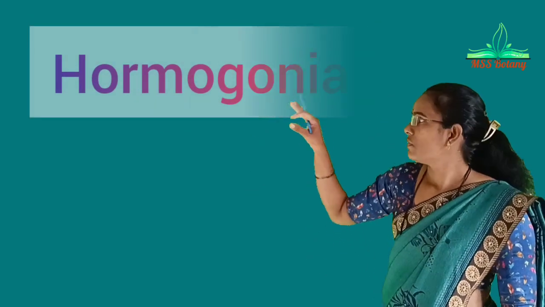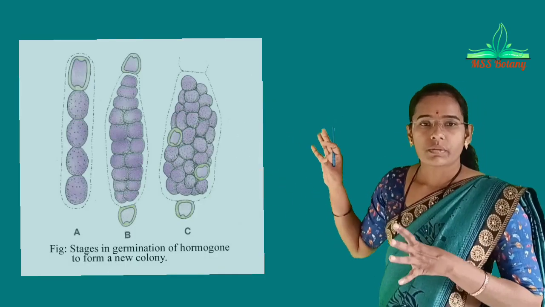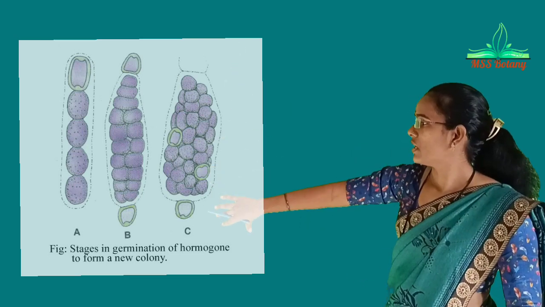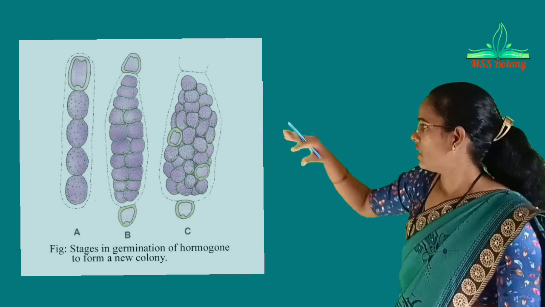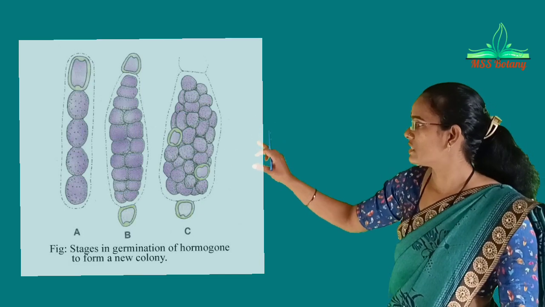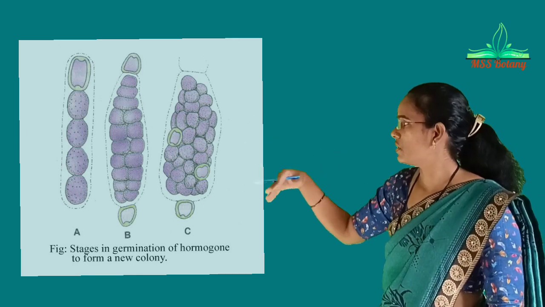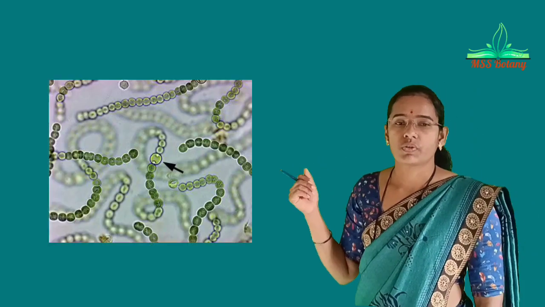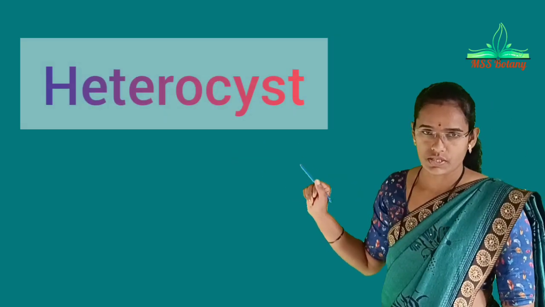Now we will see first the hormogonia. When the filament of Nostoc breaks down at the heterocyst. We all know that in the Nostoc filament heterocysts are present, and breaking down of that filament takes place. The outer side of that filament dies, the heterocyst remains, and that fragment of filament turns into a new form of algae, that is Nostoc is developed with the help of hormogones.